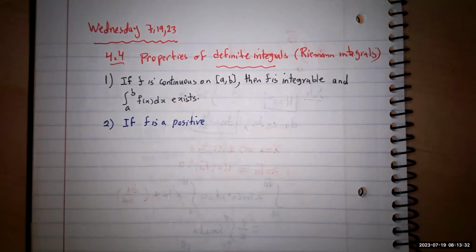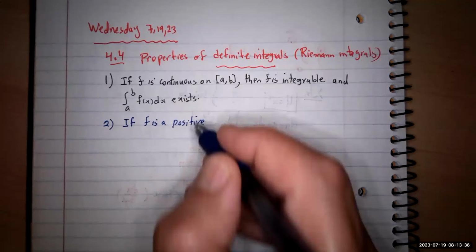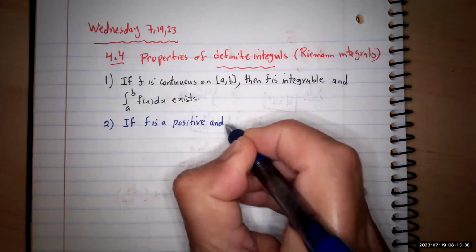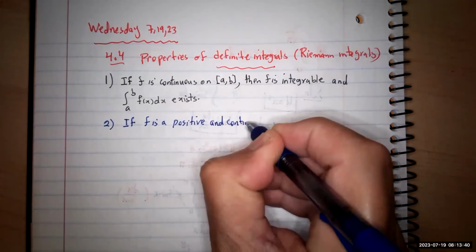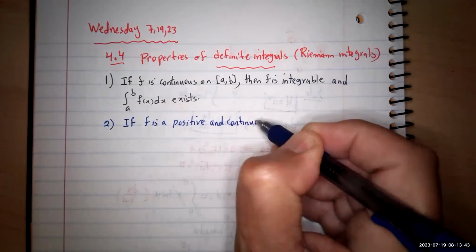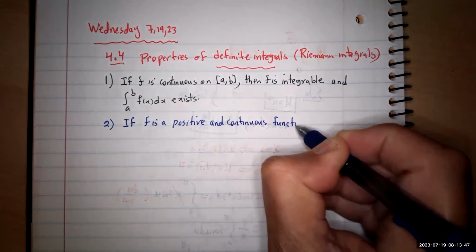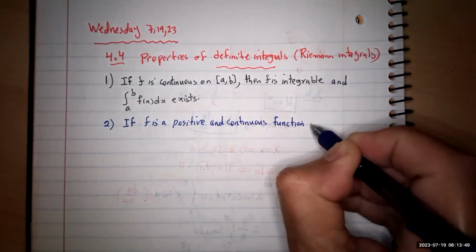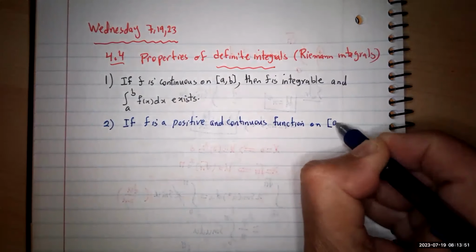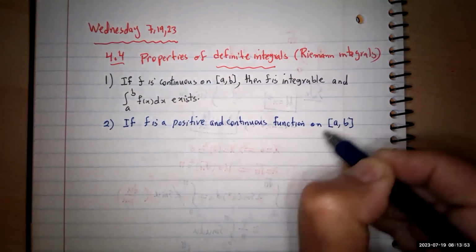It's the same for probability. So if f is positive and continuous, a continuous function on this closed interval a comma b,